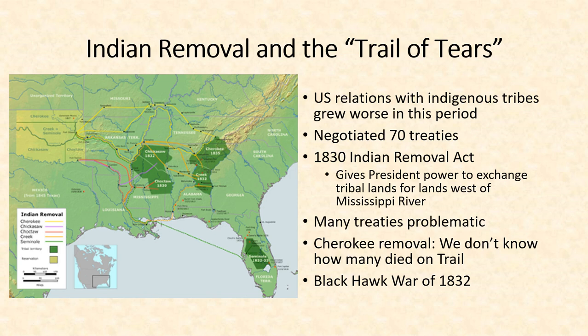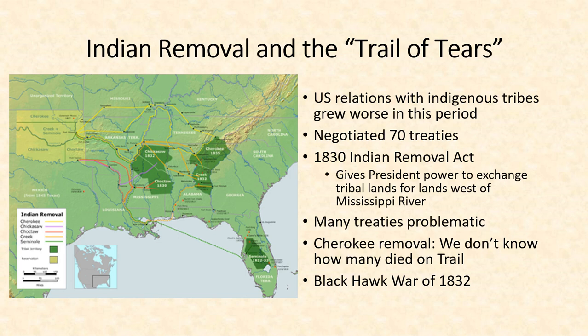In one case, the Cherokee will attempt to ban individuals, especially Christian missionaries, from entering their lands because the Christian missionaries are interfering with their means of life and what they choose to do, how they choose to live. The Supreme Court will actually side with the Cherokee and say that the Cherokee have the right to autonomy on their own treaty lands, and Jackson will say Marshall has made his decision, now let him enforce it.